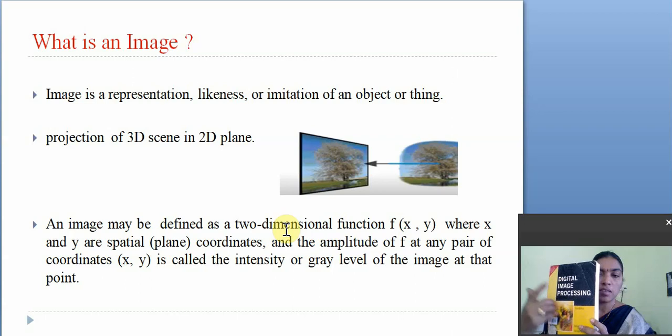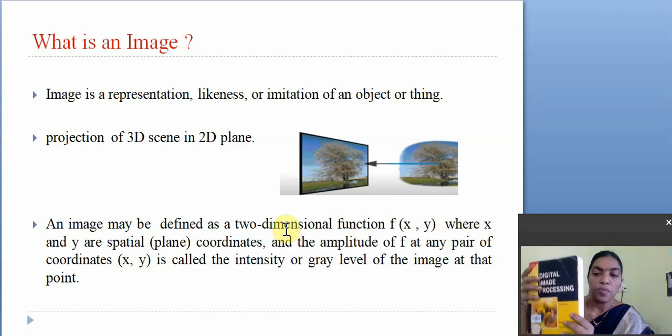Here we should concentrate on this direction, and on this direction also. Based on these coordinates, at each coordinate we have a certain color value, right? In this way we can define the image.